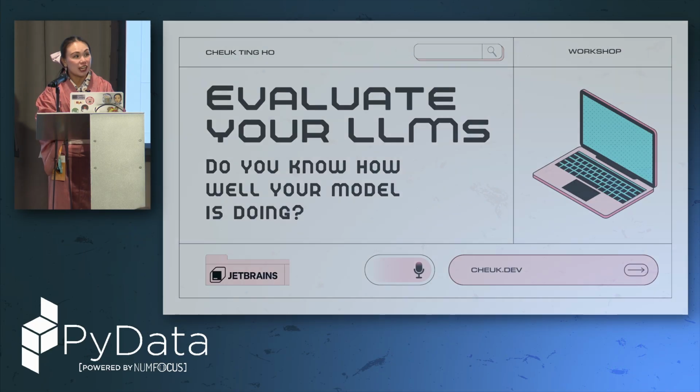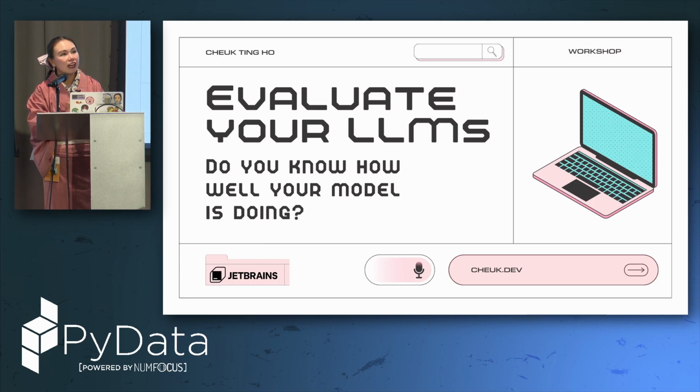Please find the link to the repo in the session description. You have to download a lot of things because we're working with LLMs, so you may want to grab your LLM as soon as you can. If you go to the repo, you can start installing the dependencies, and then also in the